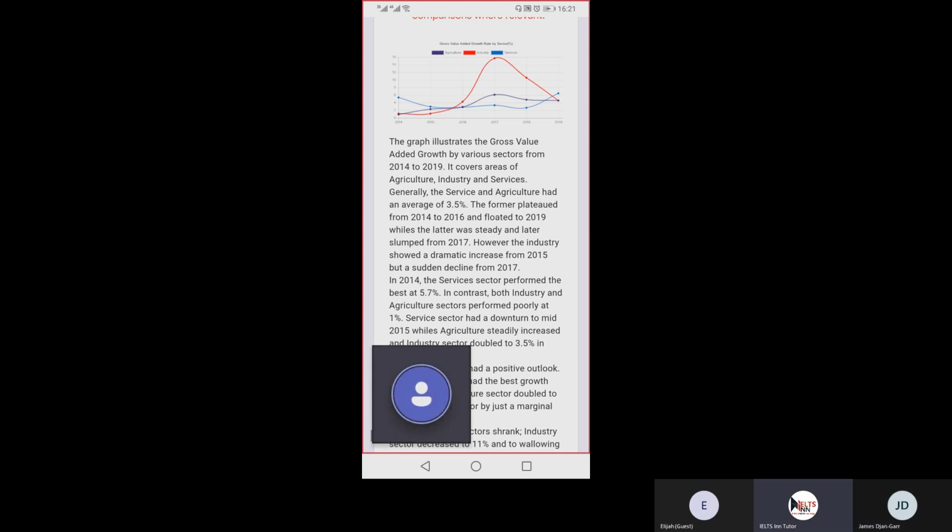So here you have the graph illustrates the gross value added growth by various sectors from 2014 to 2019. Then you stopped over there and you went on to it covers areas of agriculture, industry, and services. Then you stopped again. Then you moved on to your overall statement. So the best practice is you have to make sure your whole introduction is one sentence. So it should either be a compound sentence or a simple sentence, because according to